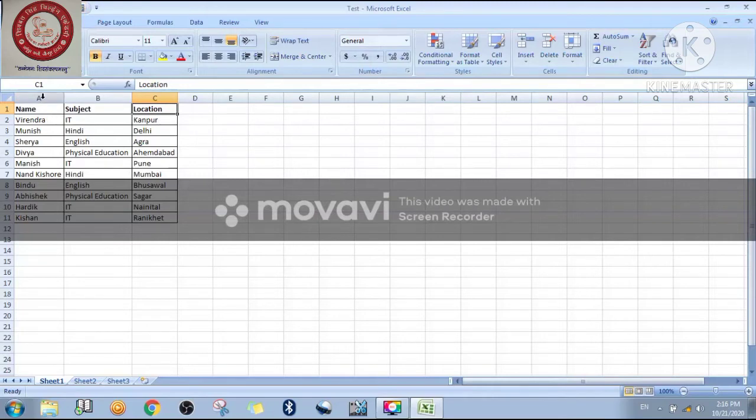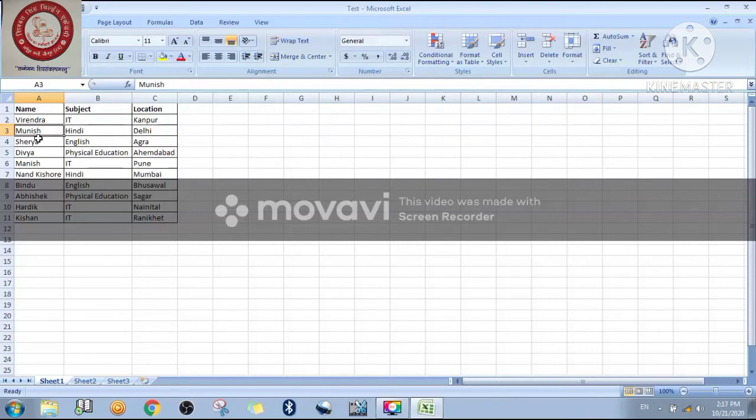Students, as you know, this is the column label A, B, C, D like this. 1, 2, 3 is the row label, right? So if I talk about Virendra or any other student, he has taken the Hindi subject and he is located in the Delhi location. It means that the particular row shows the record.